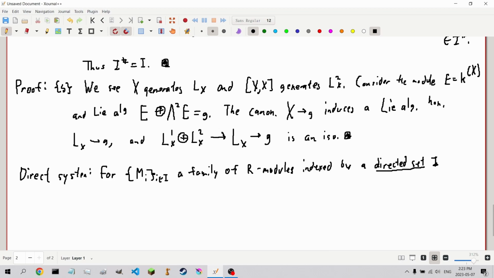I think directed in this context just means ordered. And so sigma ij from Mi to Mj, with I being not above j, a R module homomorphism. Then the collection of Mi and sigma ij is a direct system